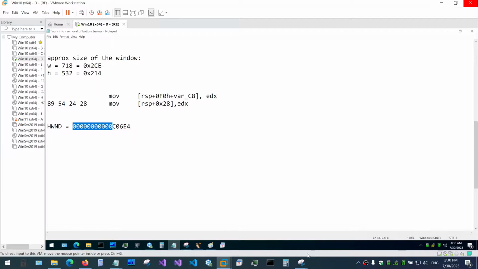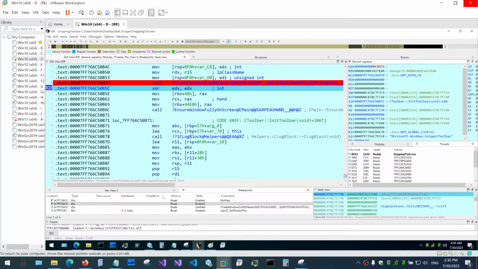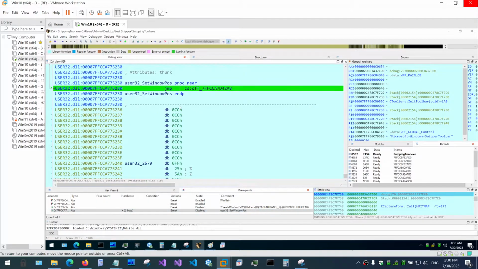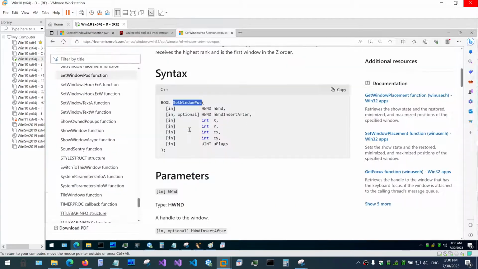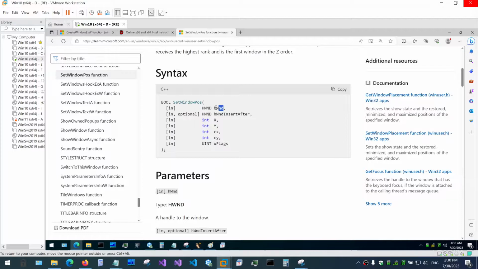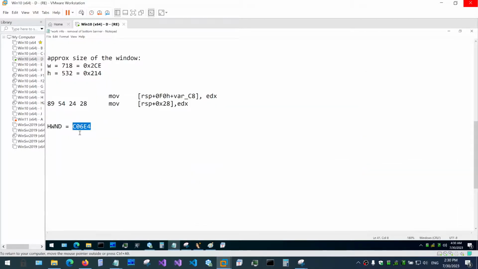But we can still remember it, right? So when our SetWindowPos is called, this one here, we need to catch only the moments when its first parameter is set to our window handle,